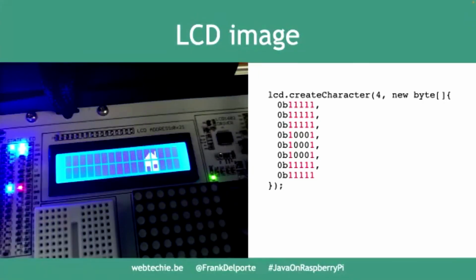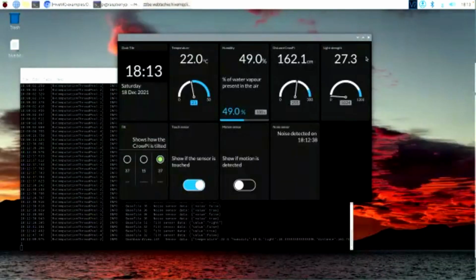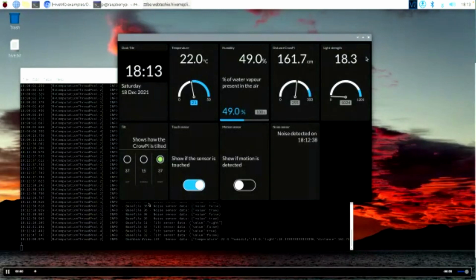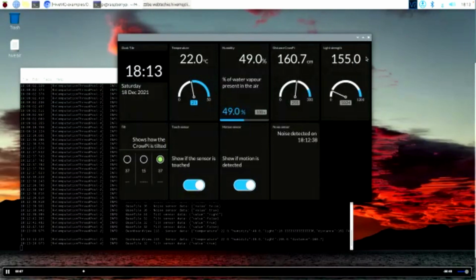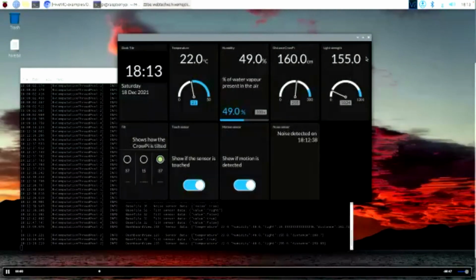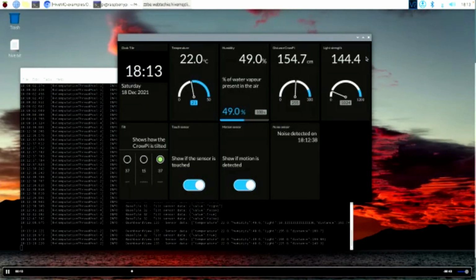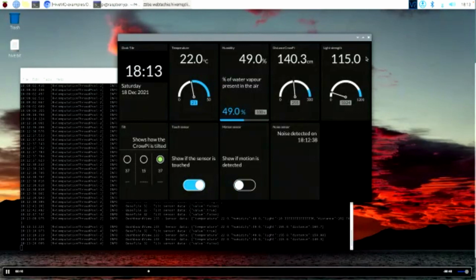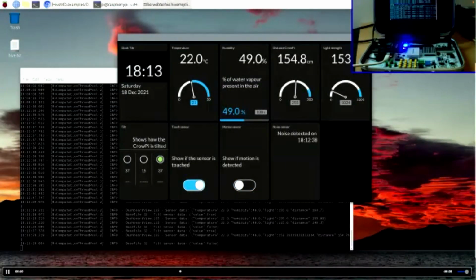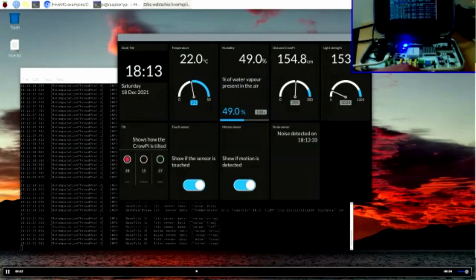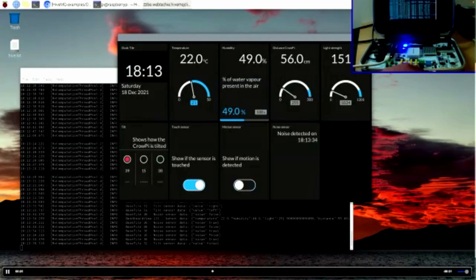So far the CrowPi, but what we also did based on this same CrowPi is build a demo application for HiveMQ. HiveMQ is actually an MQTT broker, so it's a program to exchange messages between different devices. And what you see here is a JavaFX dashboard running on a Raspberry Pi, showing a dashboard with data received from an MQTT broker. And a second application is running on this same CrowPi that you've seen before, and it's